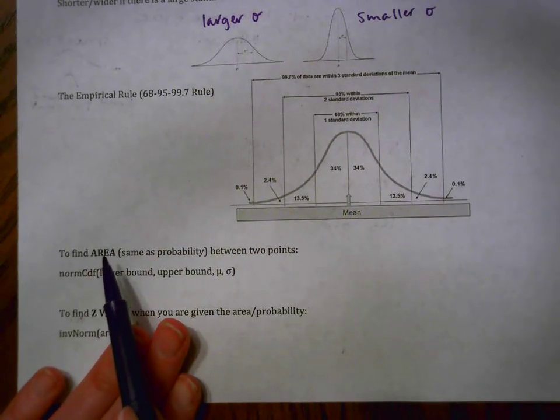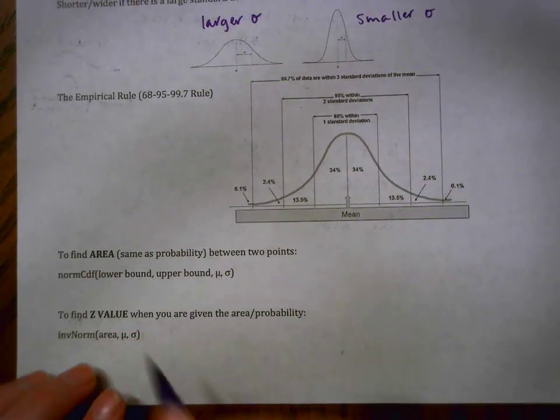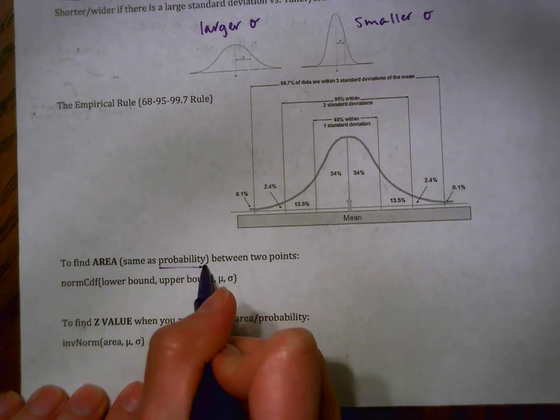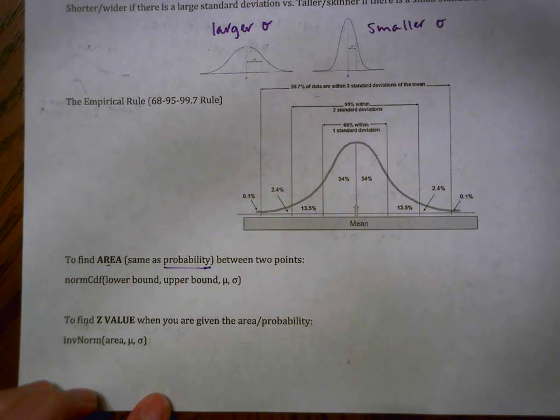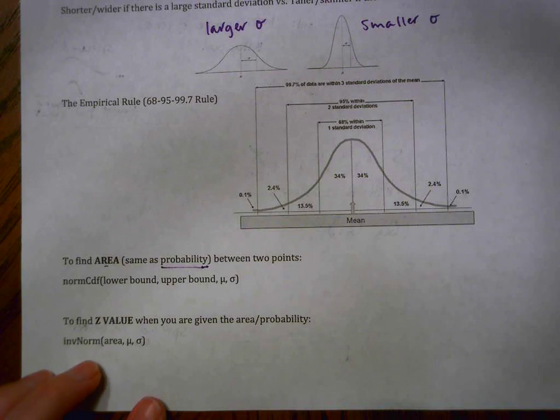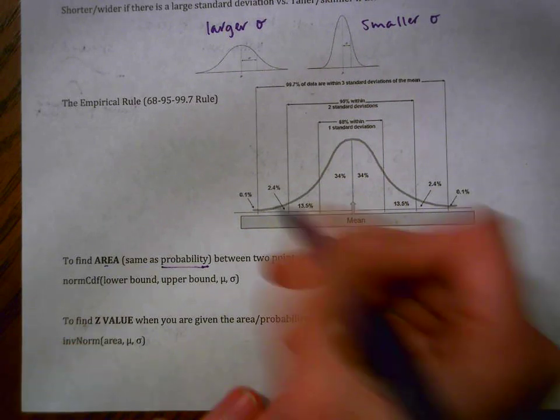So how do you find area, which is also the same as if it asks about probability or percent, that's area, between 2 points? That's when you go to normal CDF. So for example,